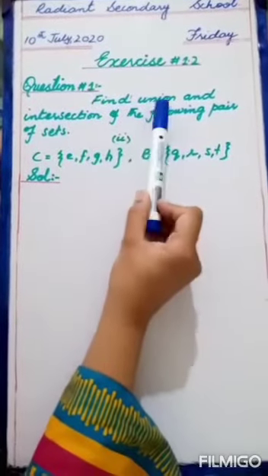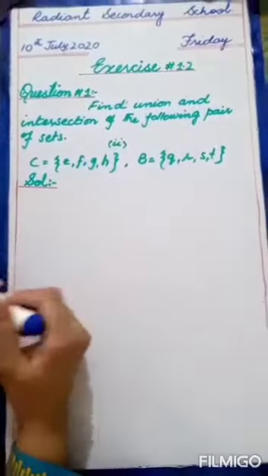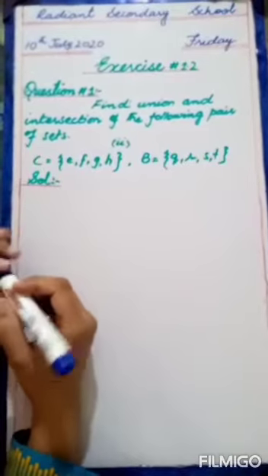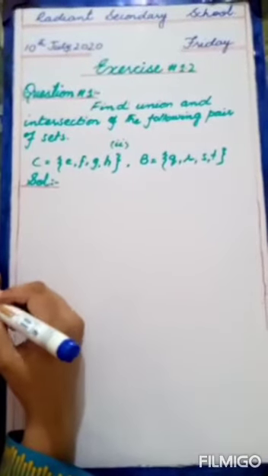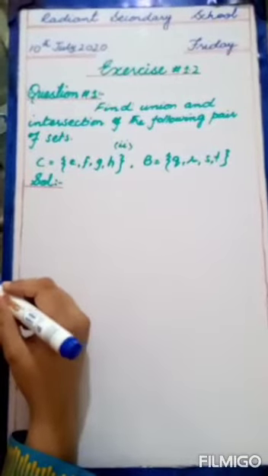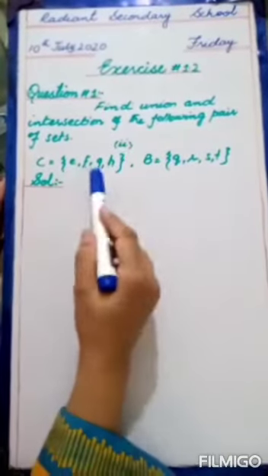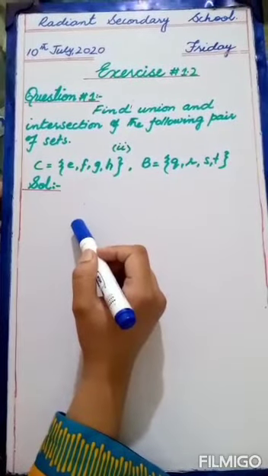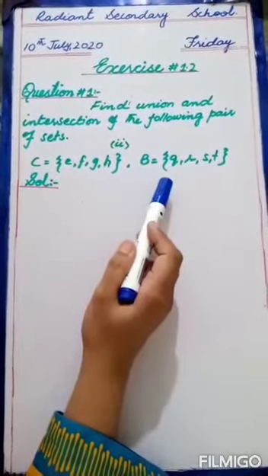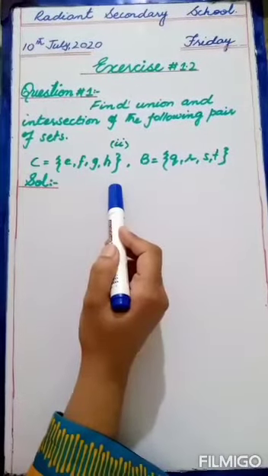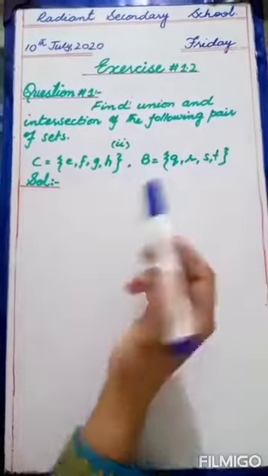First of all, we will do the union. What is union? Union means united, to combine. Whenever you have to take the union of sets, you will combine all the elements of the given sets in one set. Means you will write all the elements of the sets within one set, and you will not repeat any element. If an element is coming in both the sets, then you will not repeat this element in the union of sets. You will just write it one time.